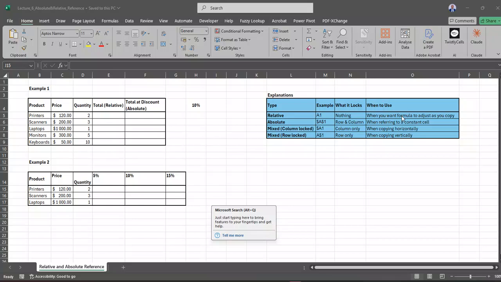Okay, so suppose you are here, you want to calculate the total relative, and we want to drag our formula down,